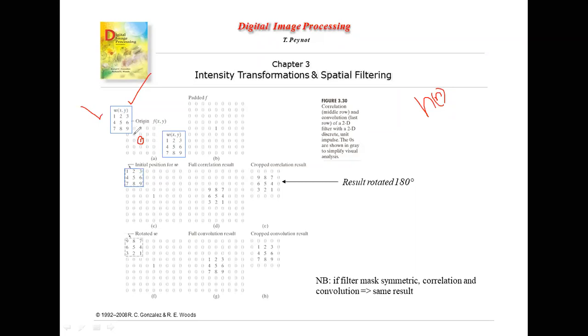Okay, so it starts from here. As I told you, if this entire 3 cross 3 set should be convolved with the first 0, say there is a 0 in this particular corner of the image, then when you approach the last 0 and move diagonally, you get this 9.